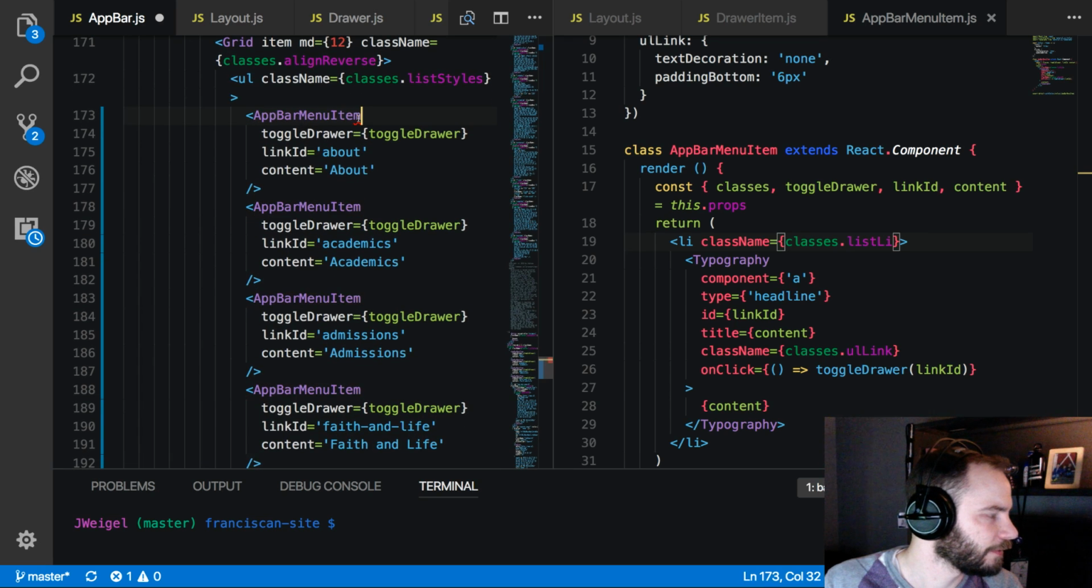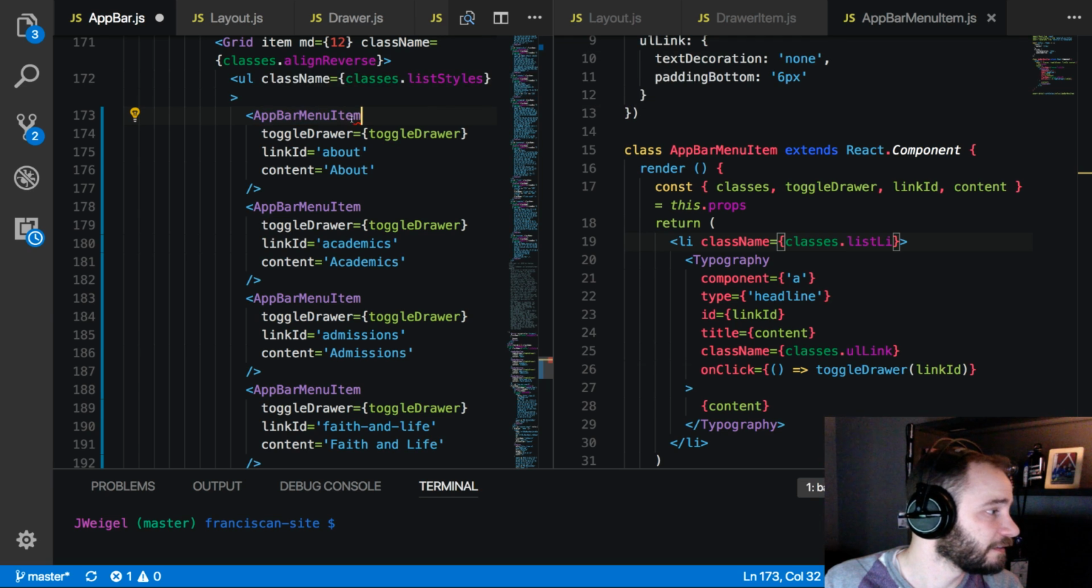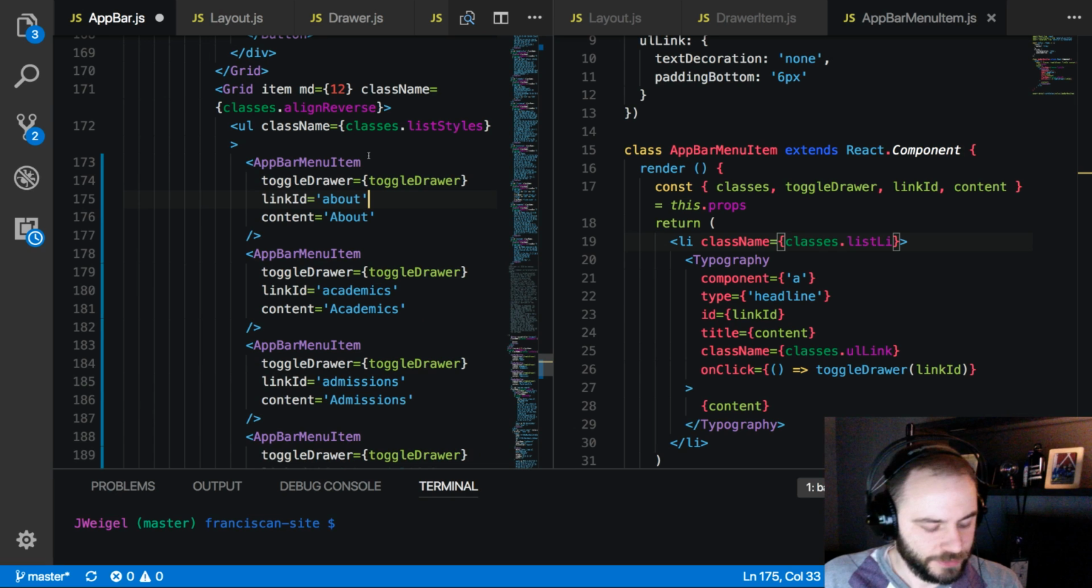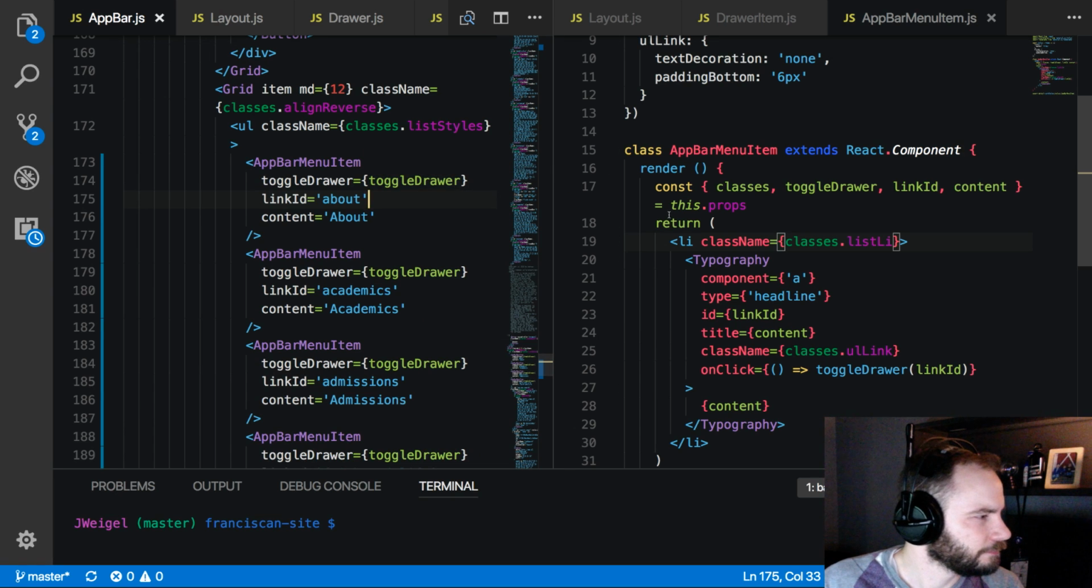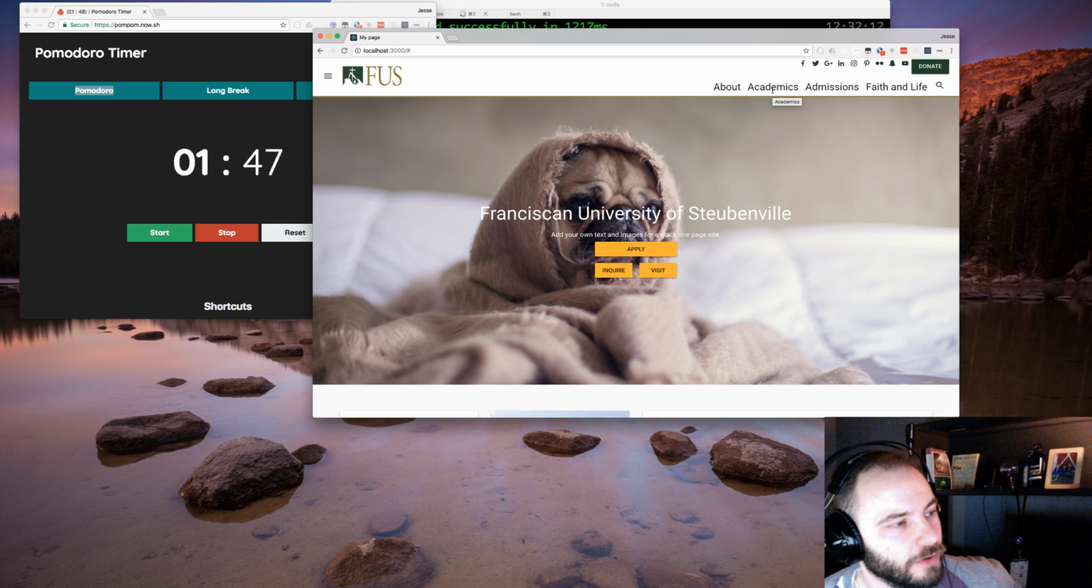What did I mess up here? What's this? Trailing spaces not allowed. There we are. Alright, let's save that and see what we have. Alright, no errors. Excellent. And since I removed that href, you can see I don't automatically have the little cursor